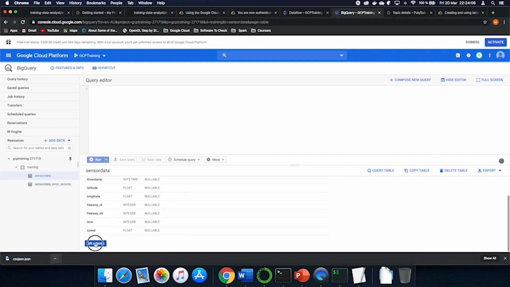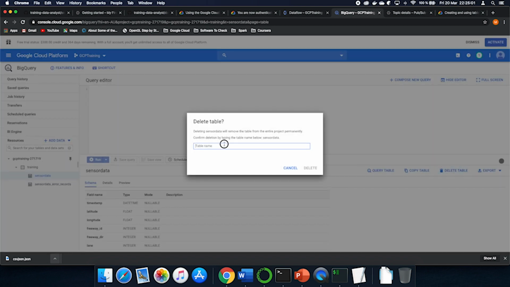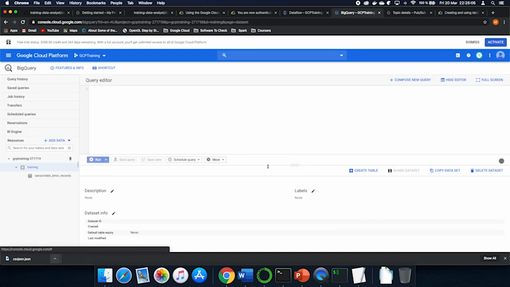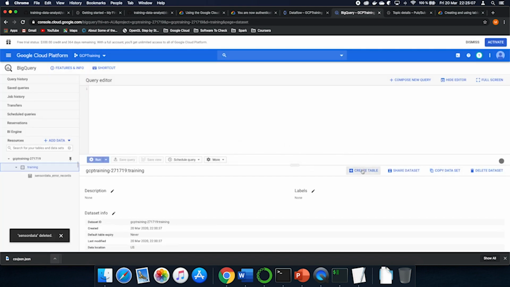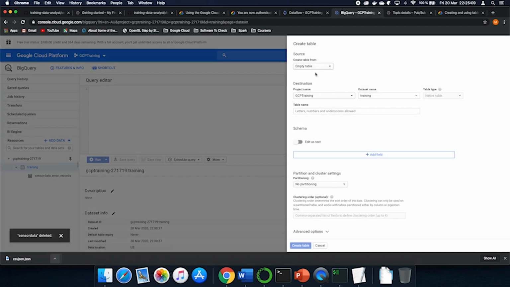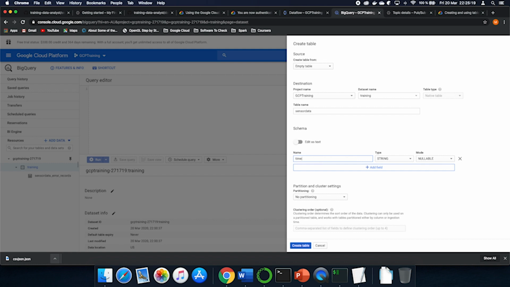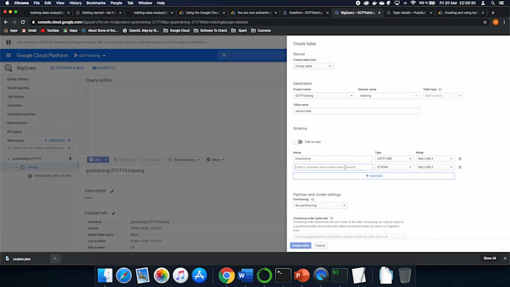Okay, no problem. So we delete the table here. We do create table. We call it exactly the same. We add field timestamp. Okay, and we have here again the time.